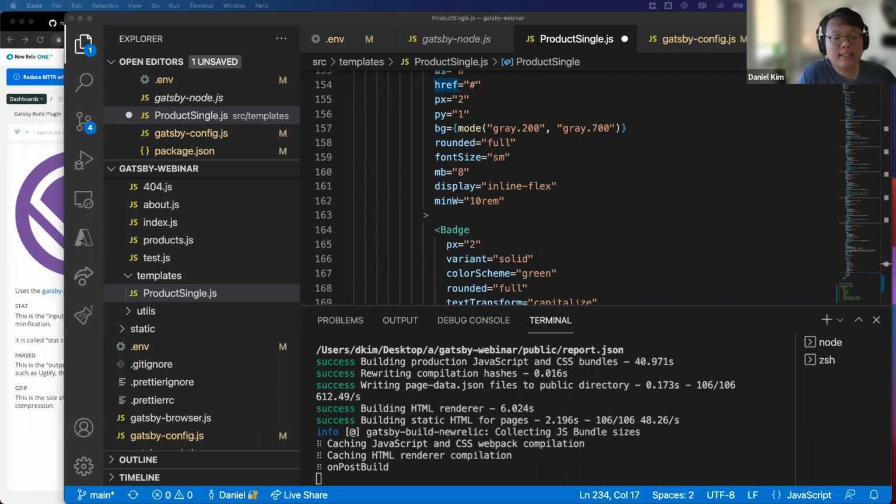So if you're considering various technologies to work with your Jamstack or to host your Gatsby website, this is a good way to test it. You can deploy your website with the plugin on various platforms to measure how quickly or how efficiently it's being deployed.